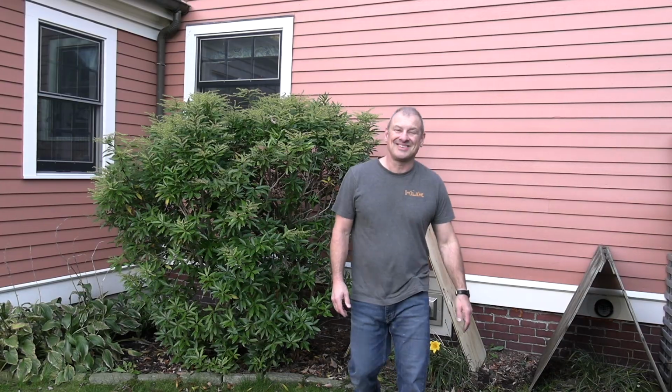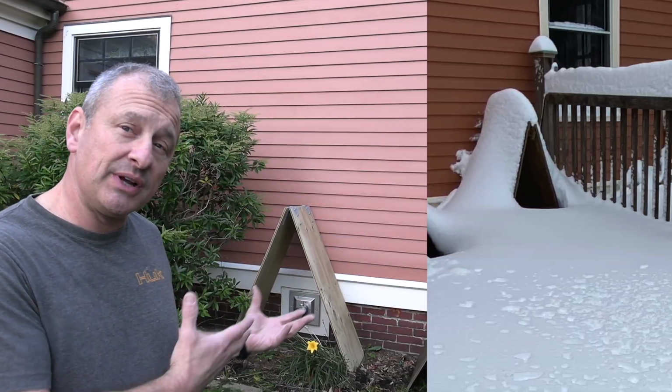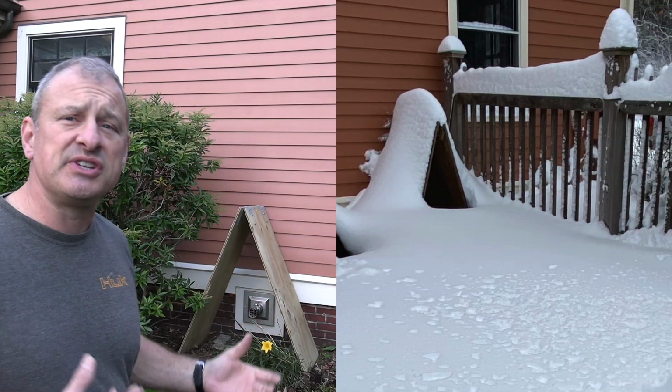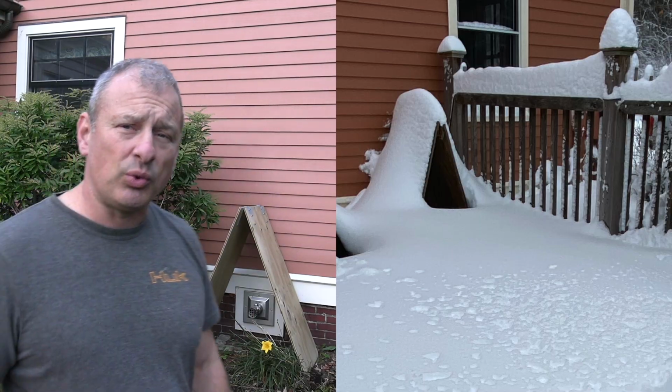Hey guys, I want to share with you a super easy tip that can save lives and also keep your heating system or your hot water tank from failing. You want to basically keep any snow from accumulating around sidewall vents, high efficiency furnaces, water heaters, things like that. If it's not venting through a chimney, it's going through a sidewall and it's low like this, I use these